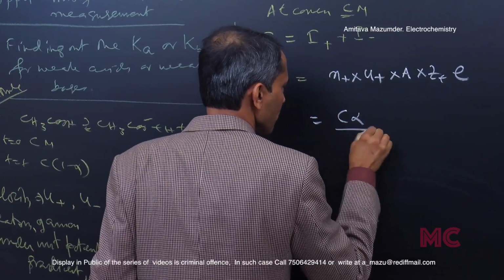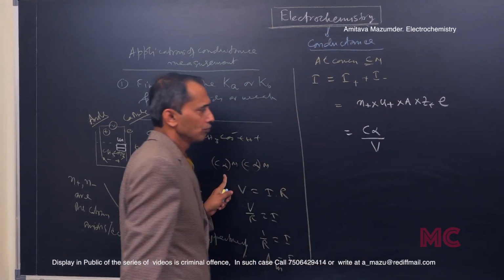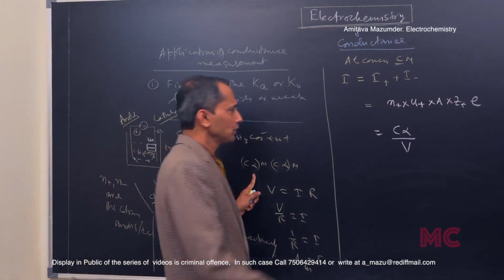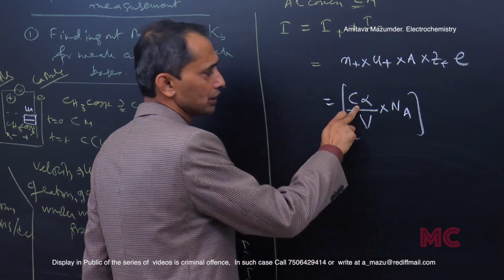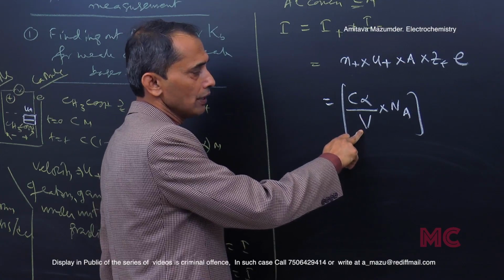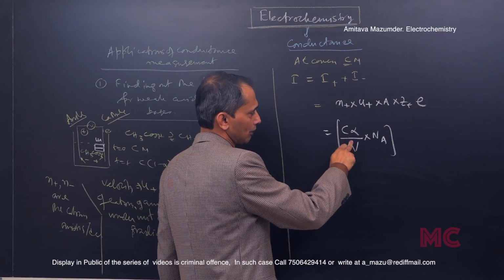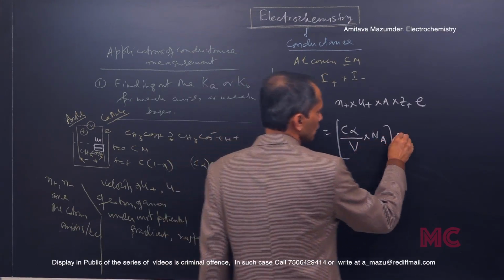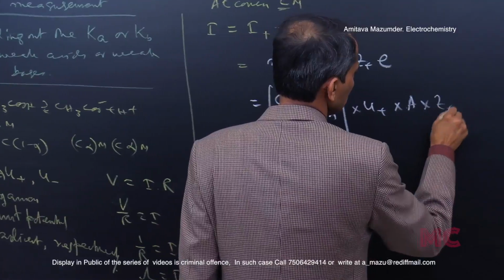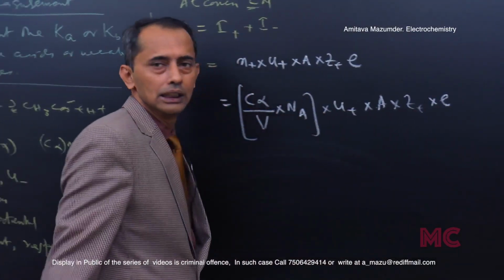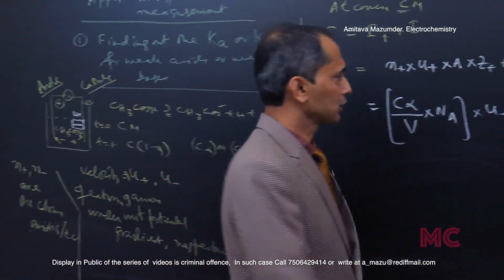So C alpha by V liter, so C alpha into V is basically the number of moles of cations, into Avogadro number is the total number of cations. C alpha is the molarity. So C alpha by V, that is V liter, in V liter C alpha, so 1 liter C alpha moles. So C alpha by V into Na is the total number of cations into U plus into area into Z plus into E. If I say area is 1 square centimeter, that also we can make,